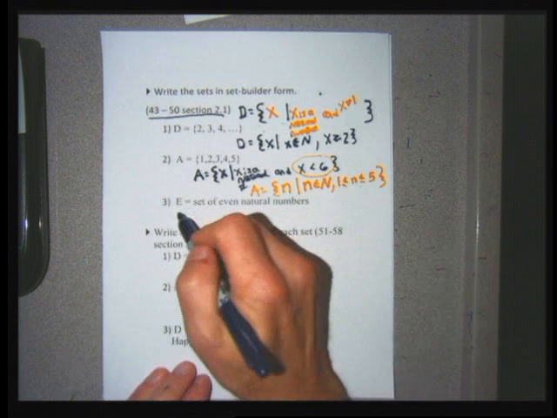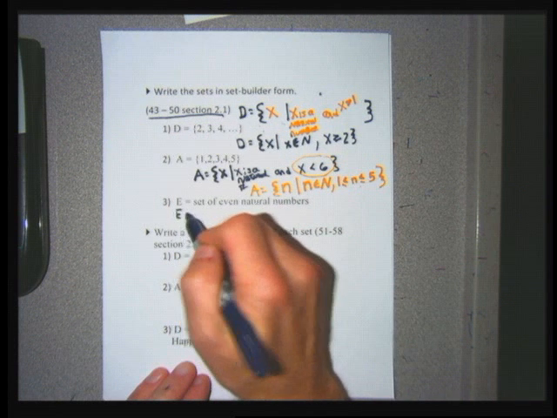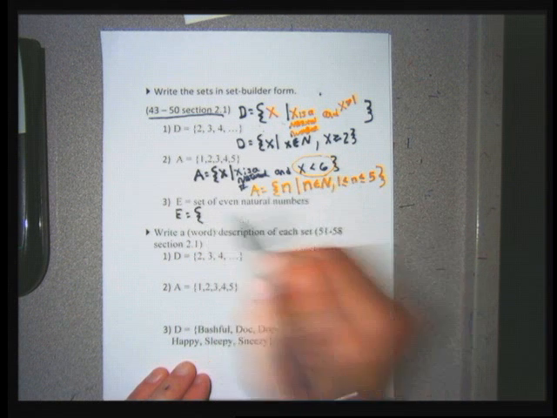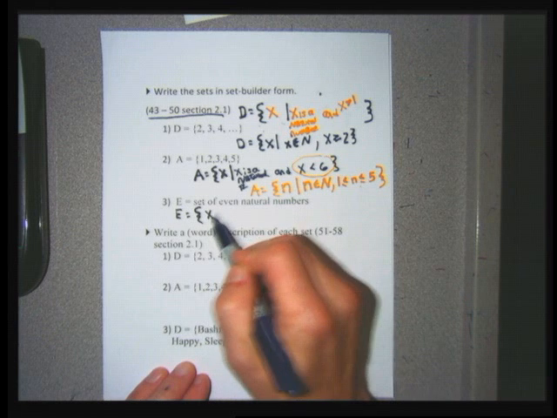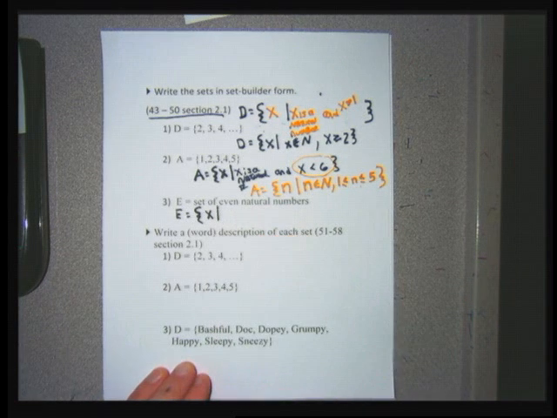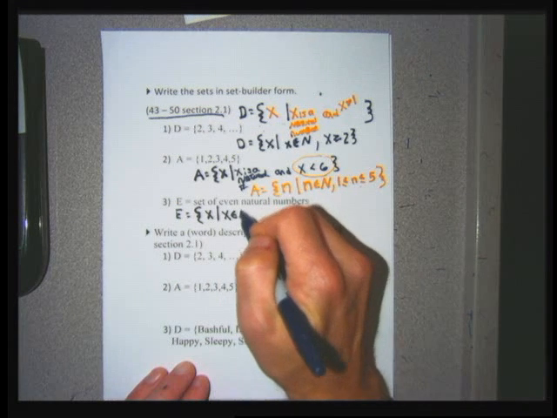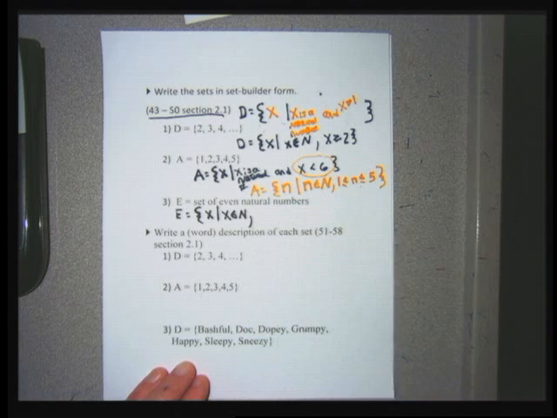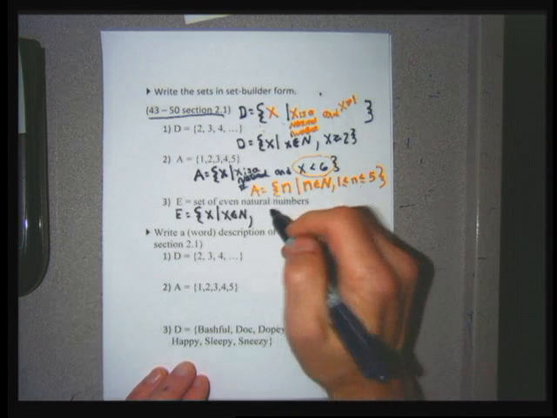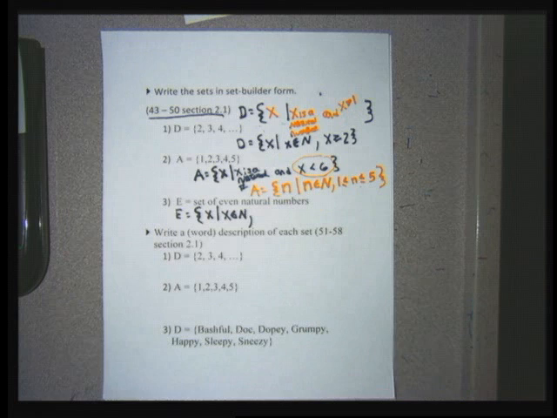If I go to 3, doing my set builder notation, I'm going to use the letter X. So it's a set of all X such that X is an even natural number. Oh gosh. There's multiple ways to do this. I'm not going to try to get as fancy as I might get, but I'm going to do this. I'm going to say X is an element of N, meaning x is a natural number, a comma, and, how about, oh gosh, how do I do this so I don't look foolish,